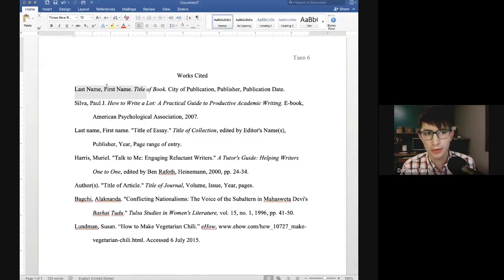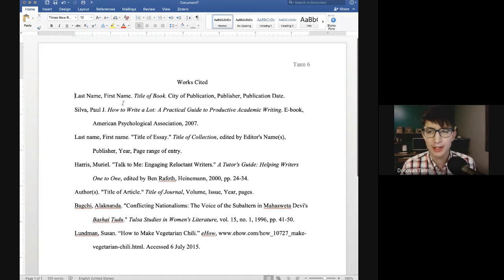So, I'm going to start at the first one. Before we get there, I just want to highlight some of the layout, right? The things that you generally want to expect. You'll notice that this is double spaced, right? So again, that spacing is designed so that you can, as a writer, go back, make edits, make changes as you go, and you can write them in there if you print it out. Don't forget that running header at the top that has your last name and the page. And the works cited at the top, right? These are basically your promise to the reader to say, hey, this is the references. If you want to go and follow what we shared with you in the paper,